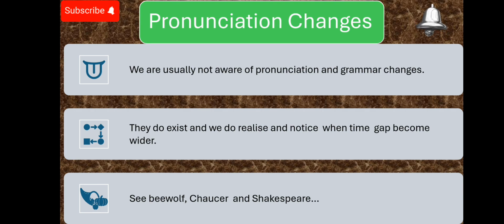So I mean there is also a change in pronunciation, there is also a change in grammatical structure, there is also a change in graphology, the way spellings and punctuation are written. These are related to grammar. So we see that changes exist at this level also. But sometimes we are not aware of this change, and we realize it later on when the time period becomes a wider one. Oh, okay. I hope you got it.